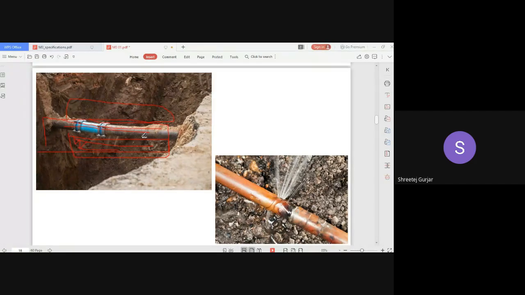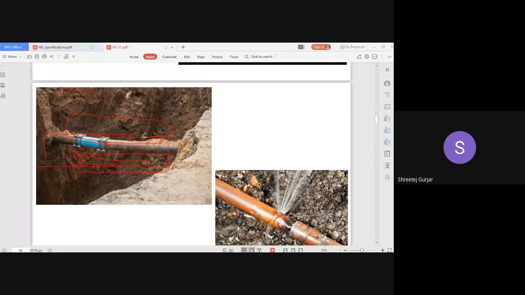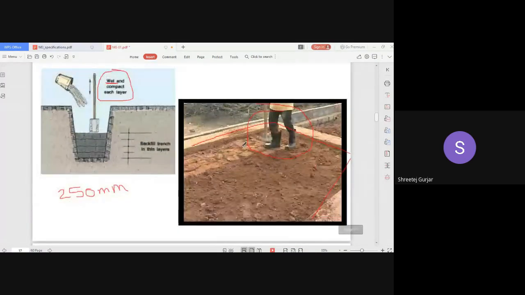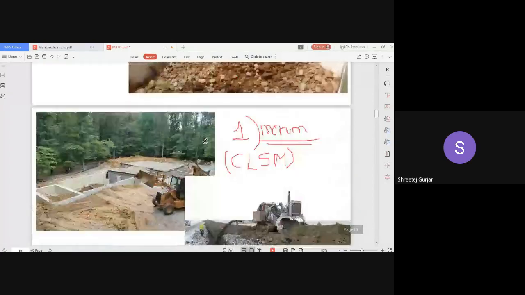And measurement, I have told you, we measure in meter cube. So we have discussed materials, workmanship, then measurement, then testing. There is no testing here if you properly ram. The main thing is you have to take care in your workmanship. So this is regarding your backfilling.